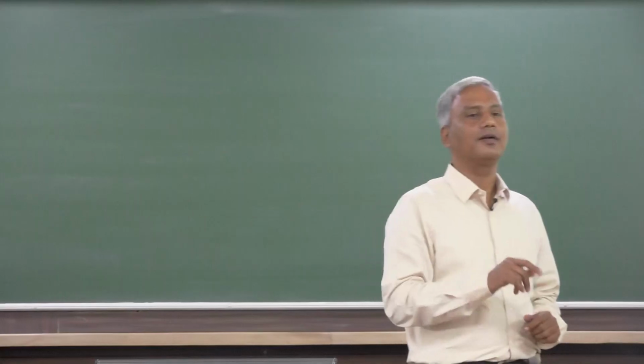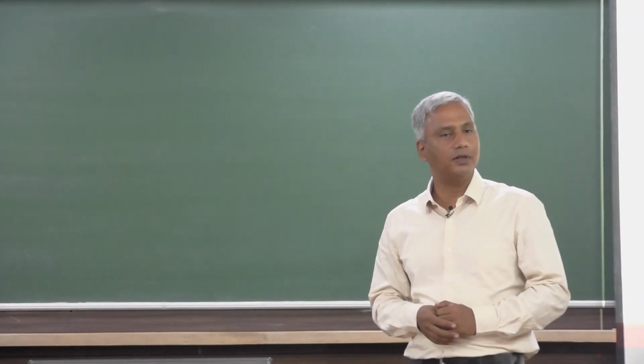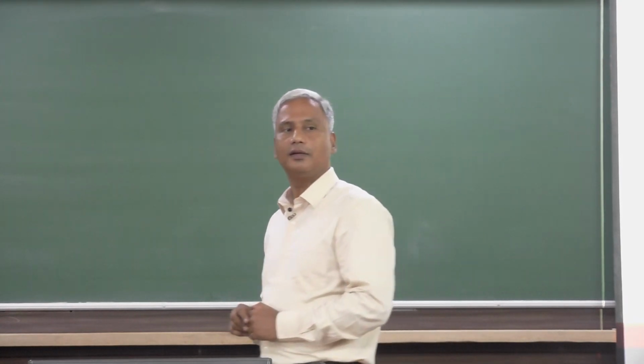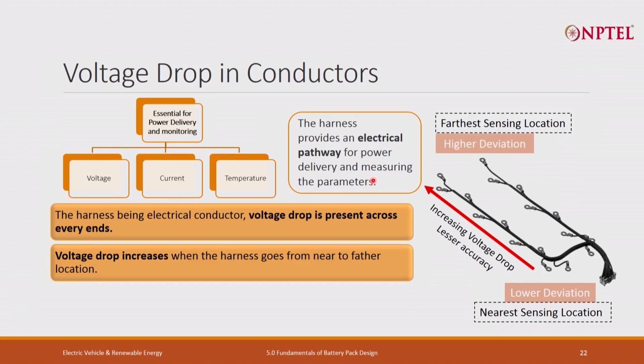Now, why does the voltage drop happen? It is because of resistance, and resistance is directly proportional to the length and inversely proportional to the cross sectional area. So,